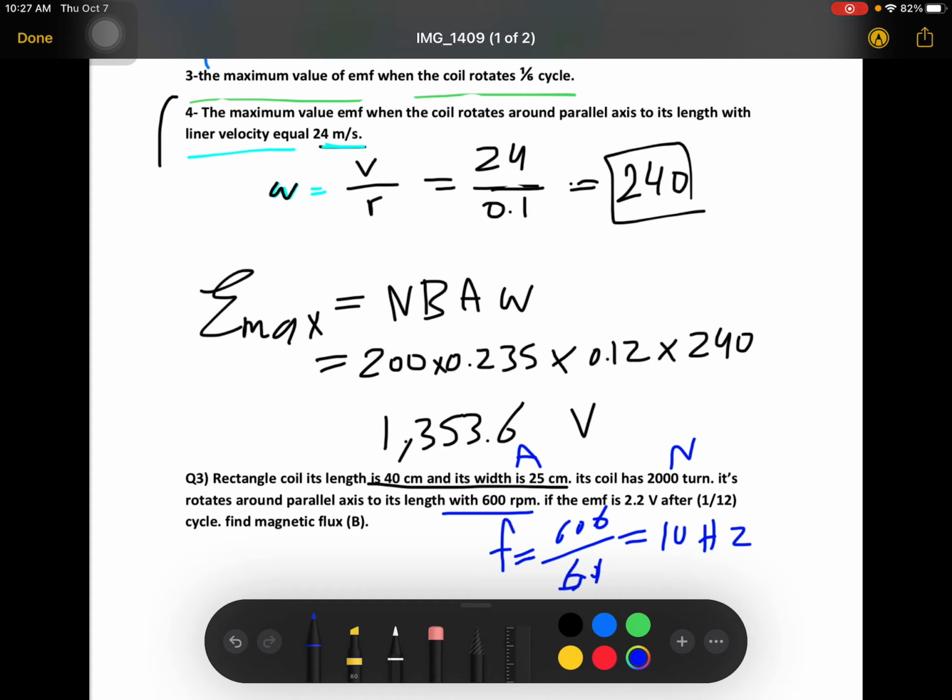If the EMF is, so this is E equals 2.2 volt after 1/2 cycle, find the magnetic flux. Okay, I think you can find it. You can work on it yourself to find it. This will be homework,